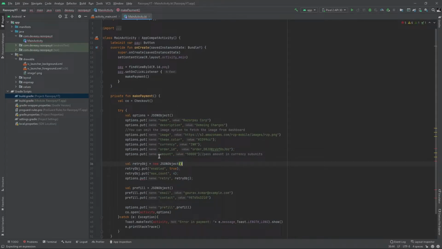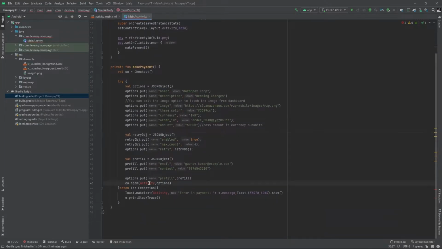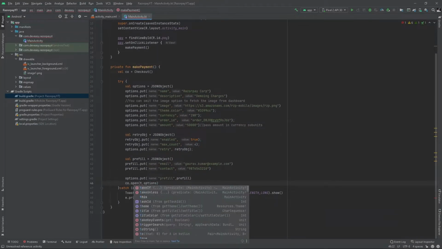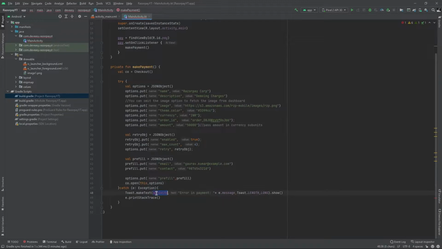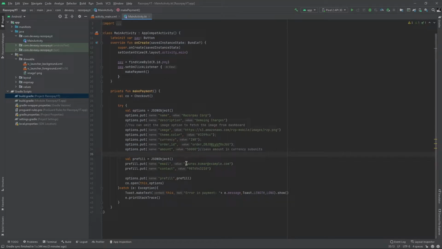This we don't need, even this is not necessary, and instead of activity we will just add this because we are already inside the main page. Okay, so this is our thing. Now we don't need this, we will remove this, and here you can give the value, or else you can just remove the value so that you can add the values again. We don't have the order ID, you can just remove even this.